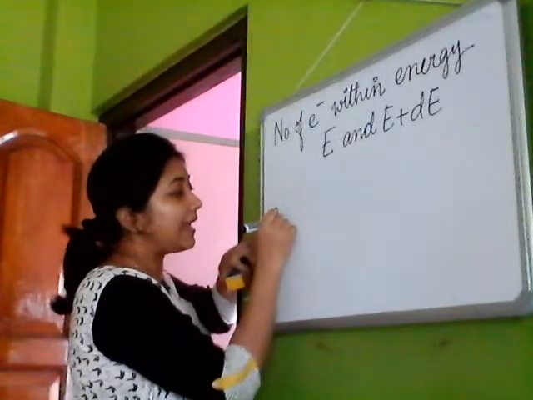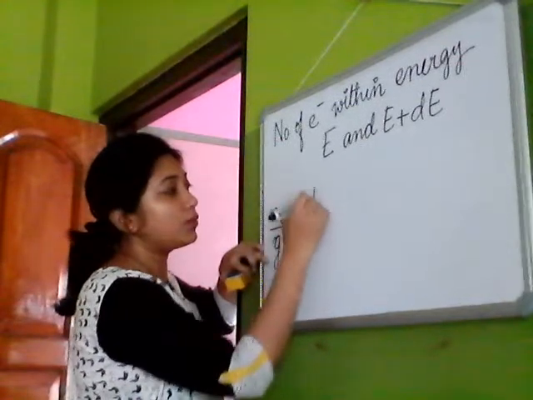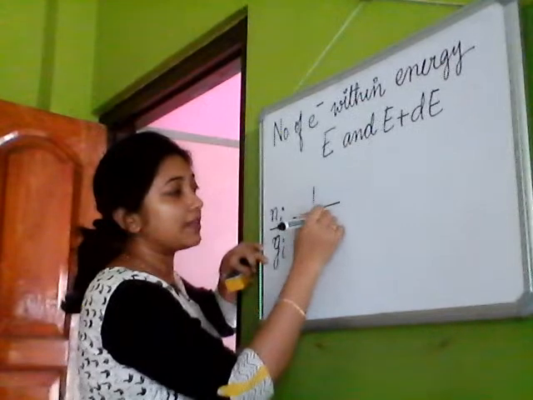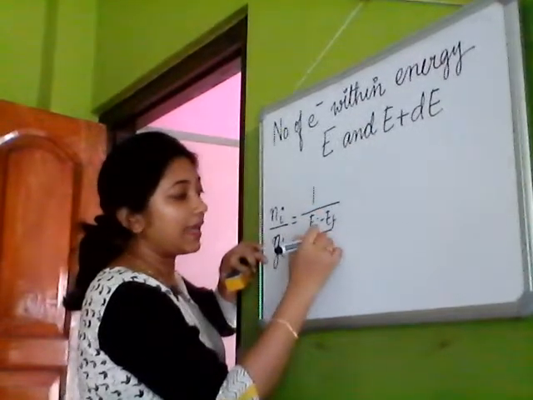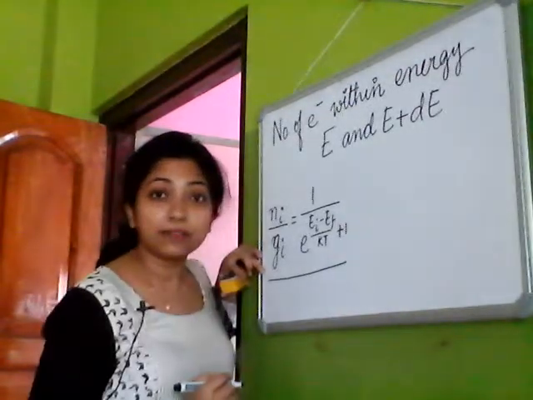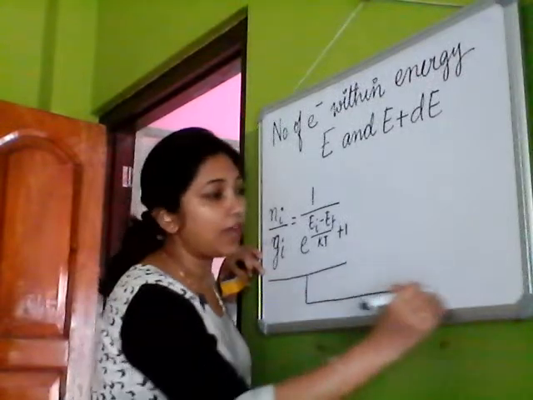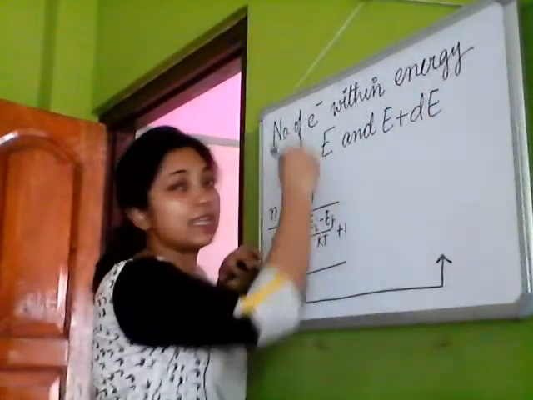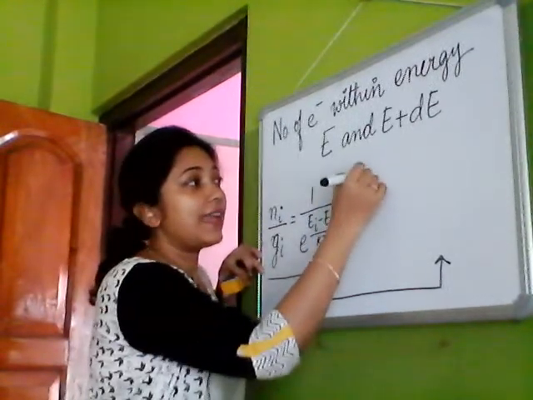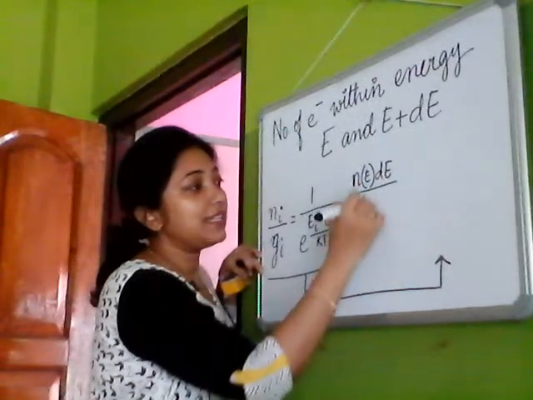I had Ni by Gi is equal to 1 by e to the power (Ei minus Ef) by KT plus 1. From this discrete point, now we are going to the range. So what will I now write this as? I will now write it as N(E)dE by G(E)dE